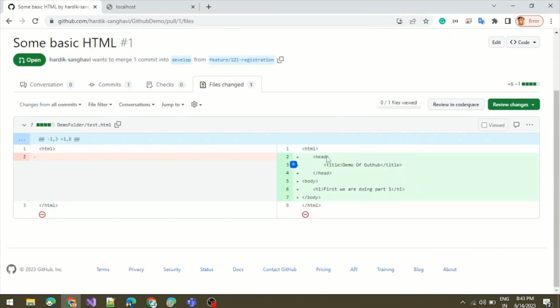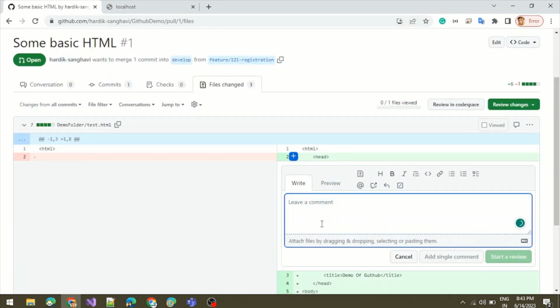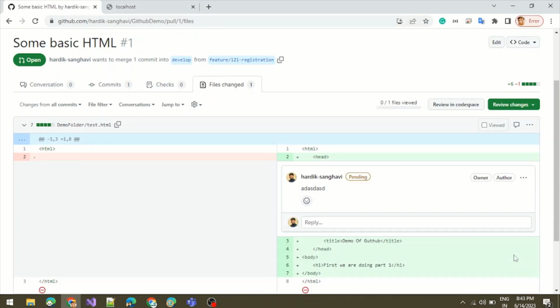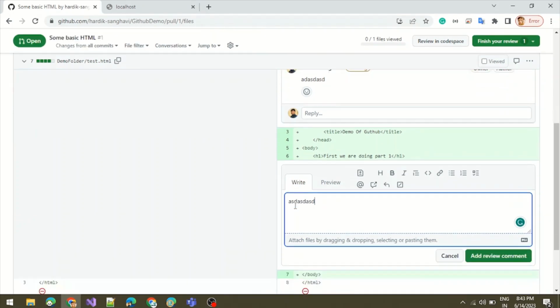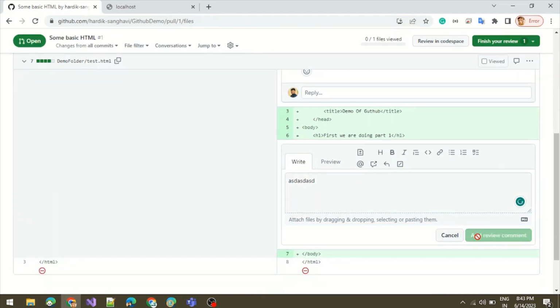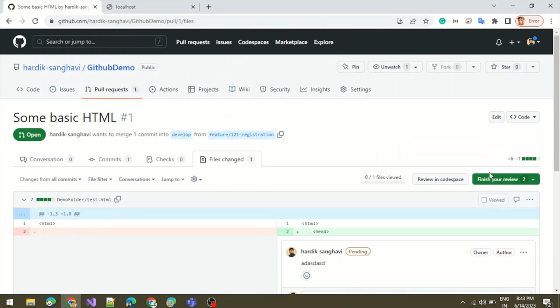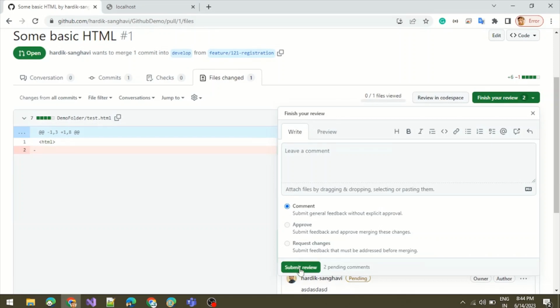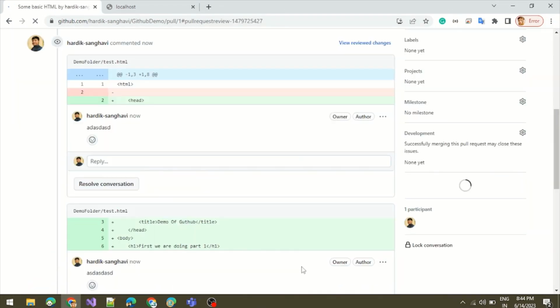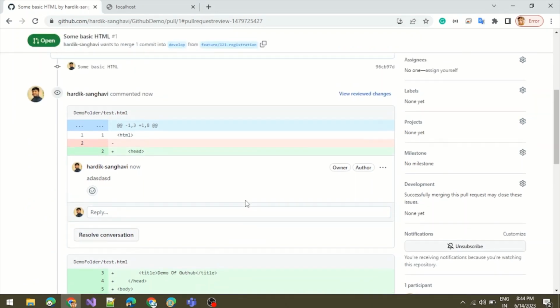You can see, suppose the reviewer gives some comments, starts the review, then adds some more comments here as well, and then it will be sent for review to us, and we need to